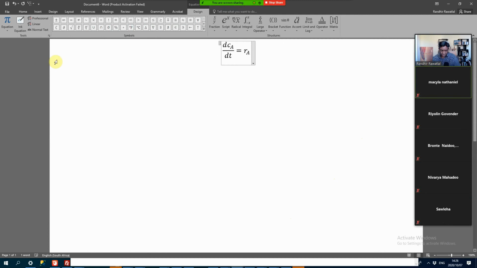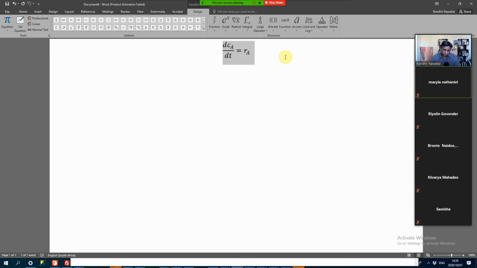So I always like to start with a batch reactor, because your concentration and your reaction rate are so closely related, so there isn't an influence from flow or the volume and things like that. So it's always nice to start with a batch reactor